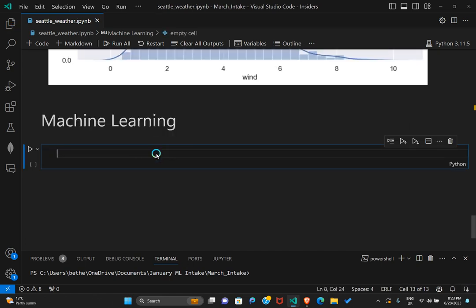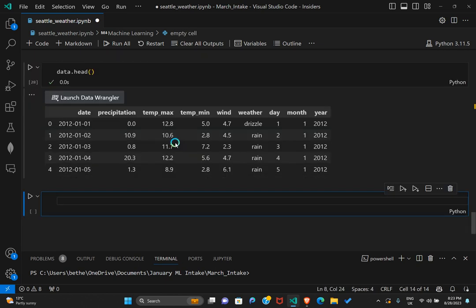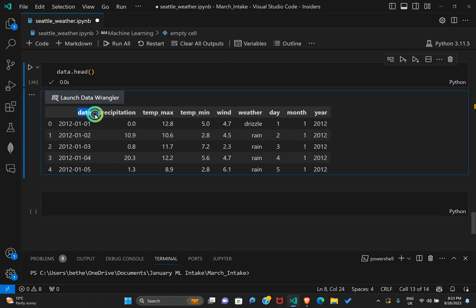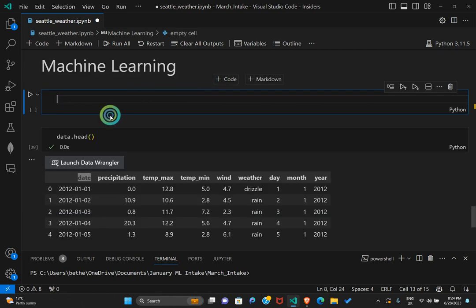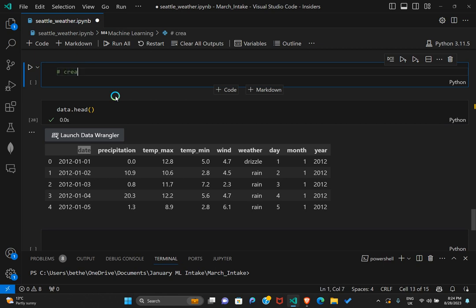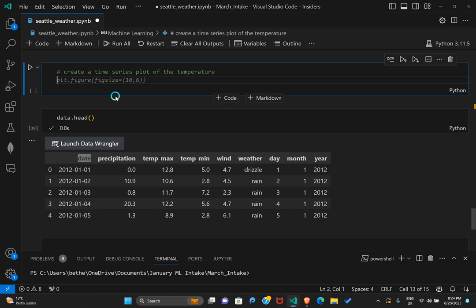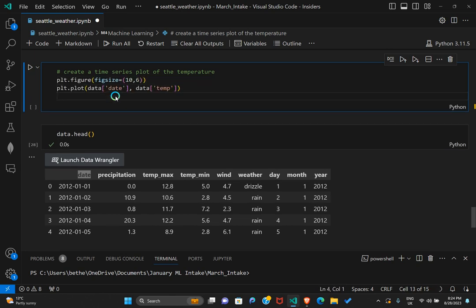So this is the machine learning part. First of all, I'll type in my data.head and get to see what I'm dealing with. First of all, we have the date column. I won't be needing these anymore because I've already created the day, month, and year columns. So I'll have to drop this, but before I drop that, I'll create a time series plot of the temperature, for example,